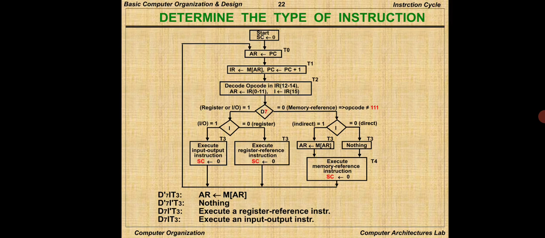If I is equal to 1, I execute the input and output instruction and clear the counter value. Then I jump to the T0 state. If you see here, when my D7 bit is 1, I get only T0 to T3 states. If my D7 bit is 0, I get one extra T state, that is T0 to T4. The same thing has been explained over here.